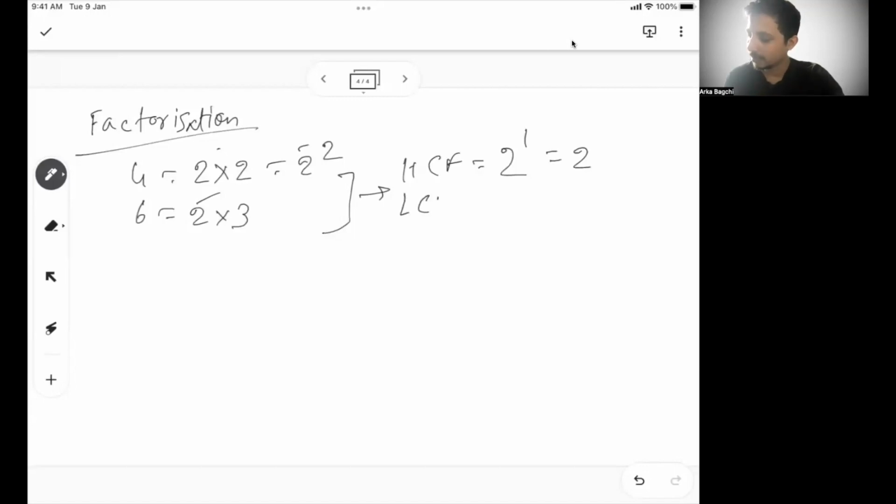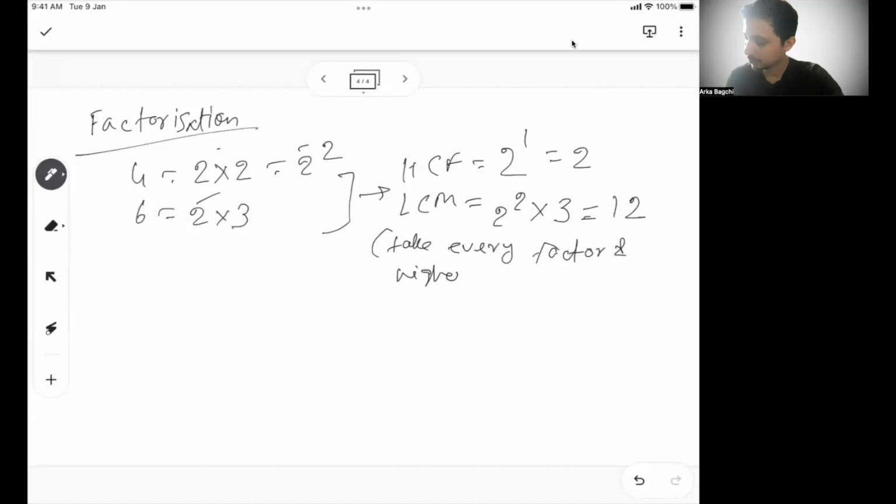Now, when it comes to LCM, it will be the highest power of the common factor. So the highest power here is 2 square into 3. So 4 into 3, 12. So you take everything, and whichever is the common factor, you take the highest power of that. So for LCM, take every factor